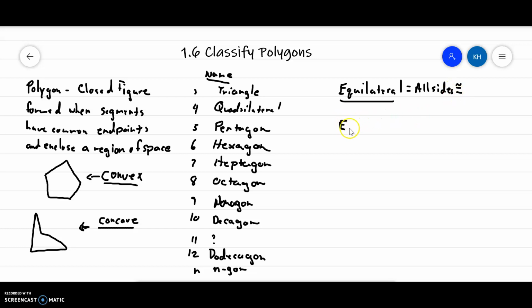Then we have equiangular. Equiangles, so that means all angles congruent. And then the last word we have is regular. We have a regular polygon. A regular polygon is both equilateral,